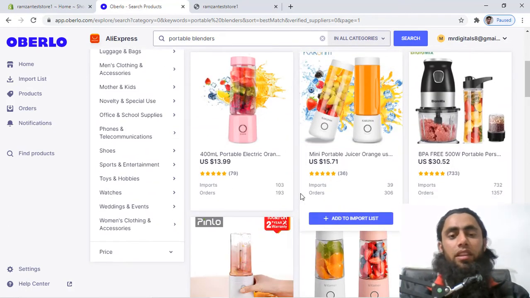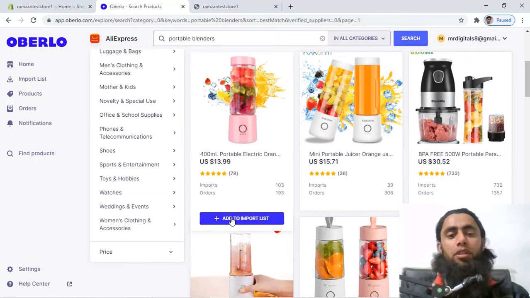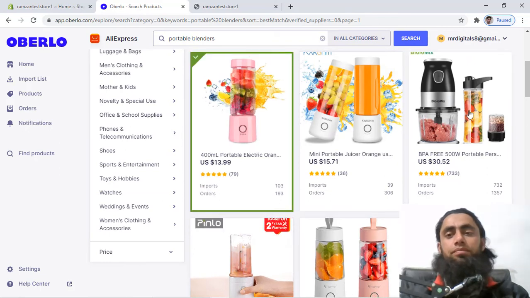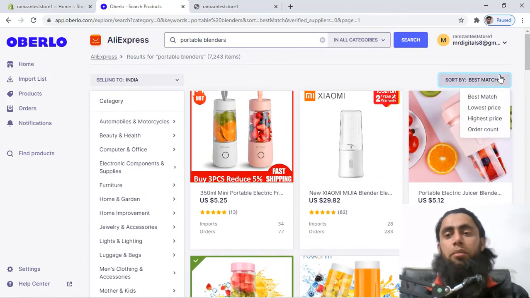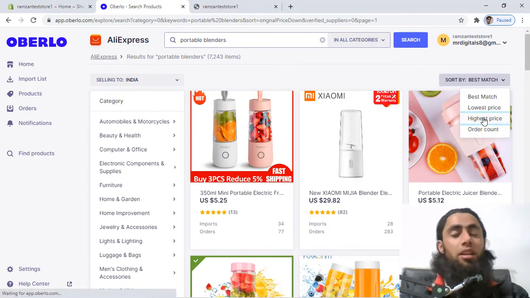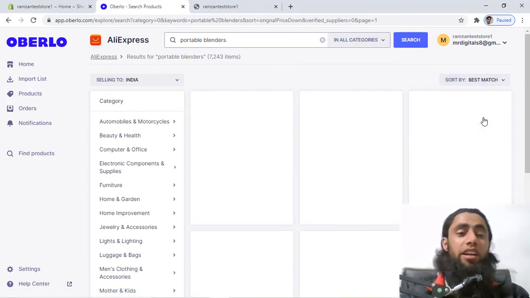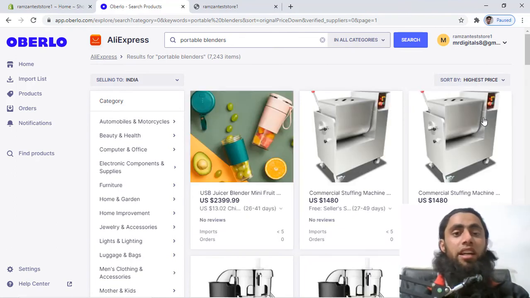All right, so for example, I am trying to import this one, and there is another parameter which is highest price. In some cases you are targeting people who are already rich, who have enough to spend and are very forward. At that moment you can consider this as well, because you already know that cost is not the issue.